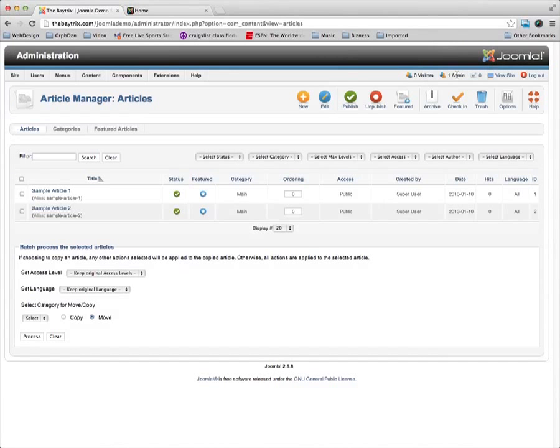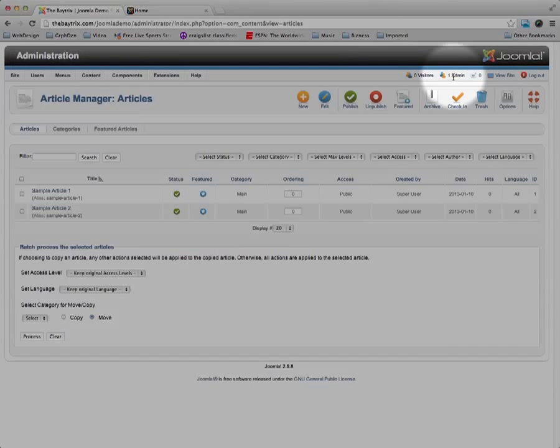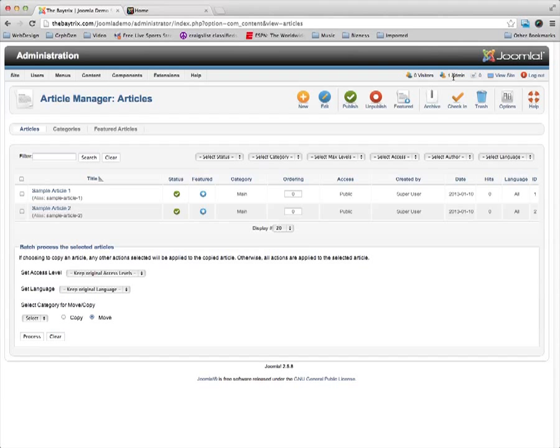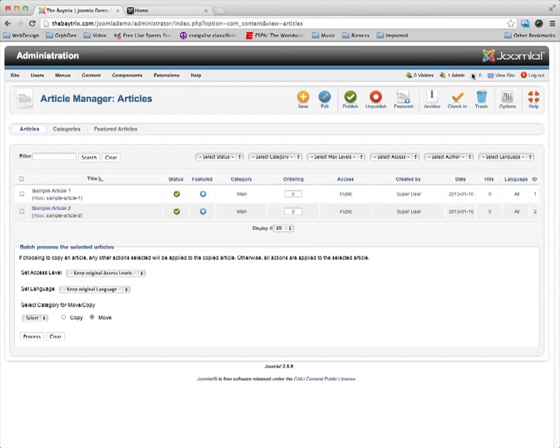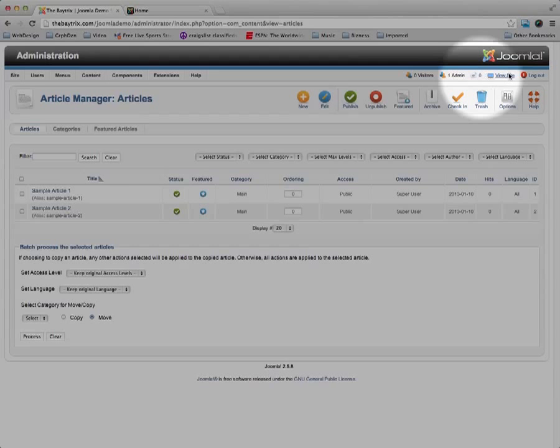In the right hand corner, we have how many people are on the site. We have how many people are logged in right now. We have a little mail feature. Not exactly sure what that does. And once again, we have my favorite button, the View Site, which allows you to see your current